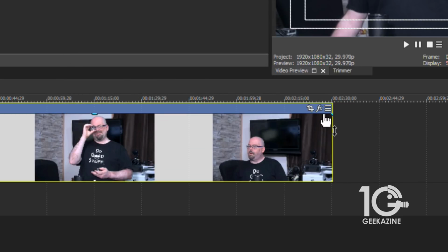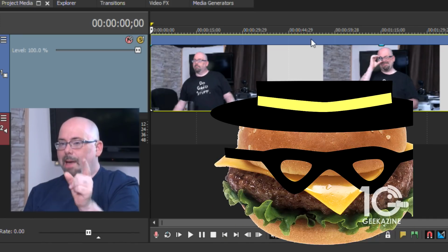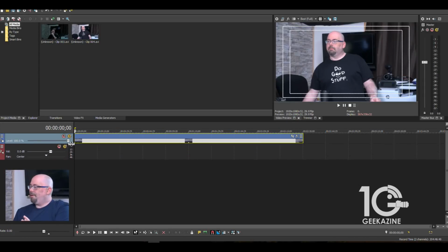So we'll hit OK, and now it looks exactly like 14 was with your crop and with your effects. Same thing with audio. You'll have this same option, the same hamburger button. In fact, the hamburger button is in a lot of parts of Vegas 15, and hopefully no hamburglar will come and take that away. The bar at first was a little tough to get the feel of, but especially because